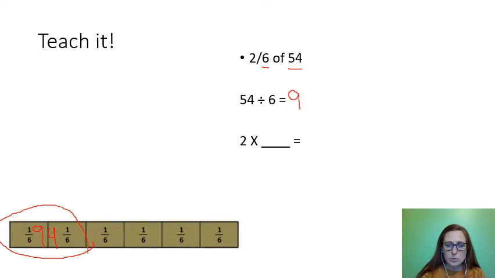I don't want just 1/6, I want 2/6, so I need to do 2 times 9. 2 times 9 is 18. 2/6 of 54 is 18. And we can think about that as our picture. We can also think about it as 54 divided by 6 and multiplied by 2. Okay,